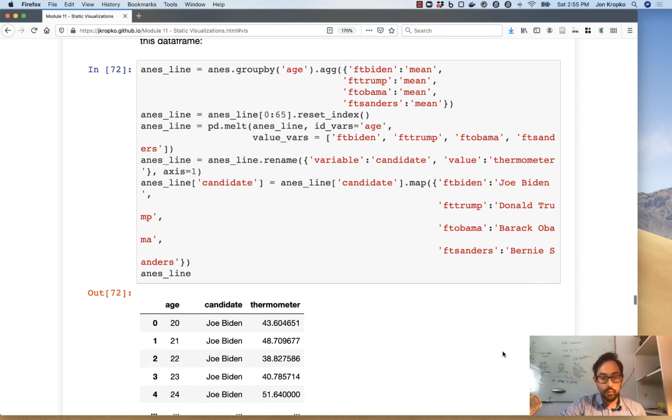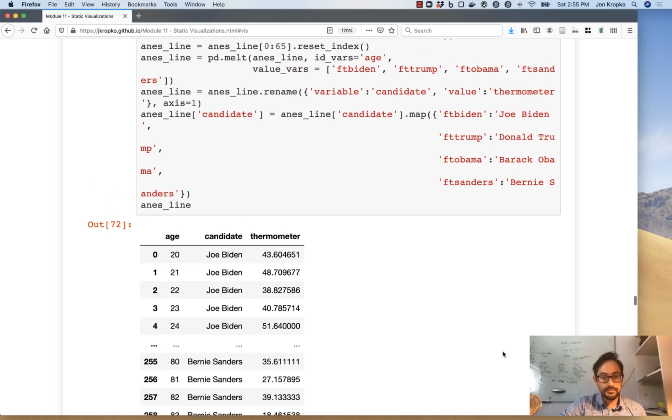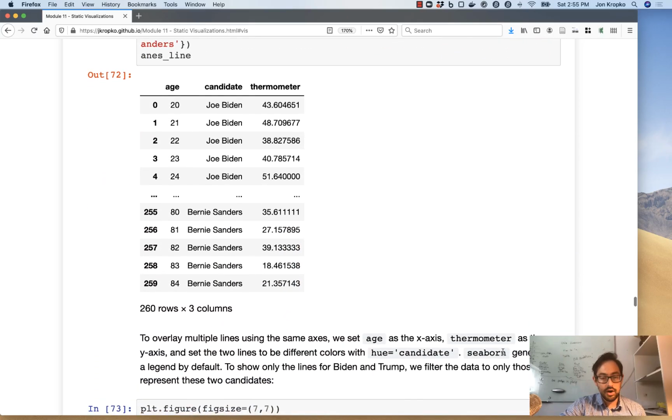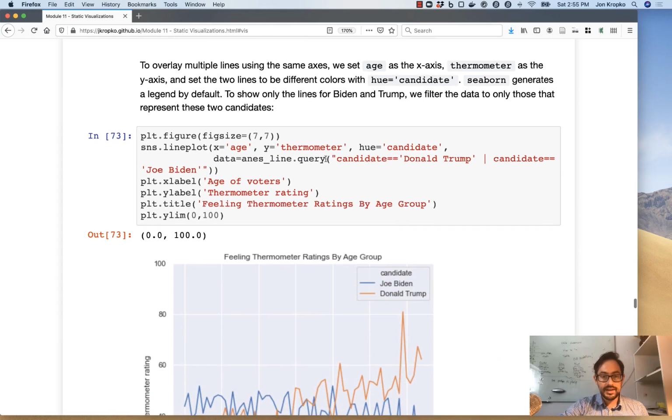Now, if I want to put multiple candidates on the same graph, I have to create a data frame that looks like this, where I have different candidates and the thermometer ratings. This is in long format. The way I would create data in long format is to use the pd.melt function that we talked about in Module 9. I won't get into that here just for time,